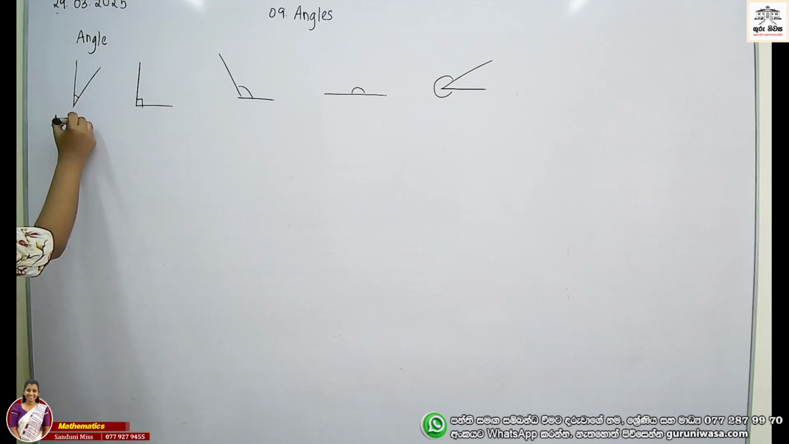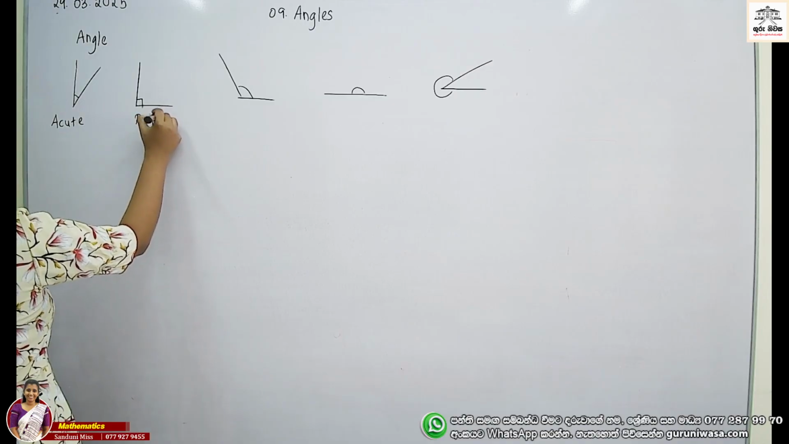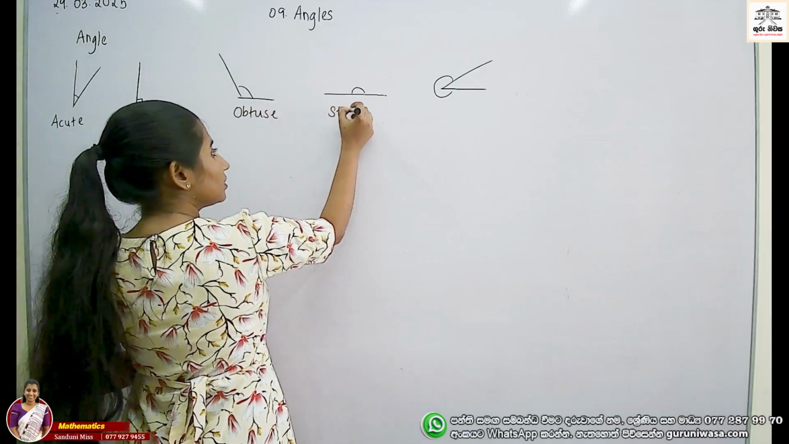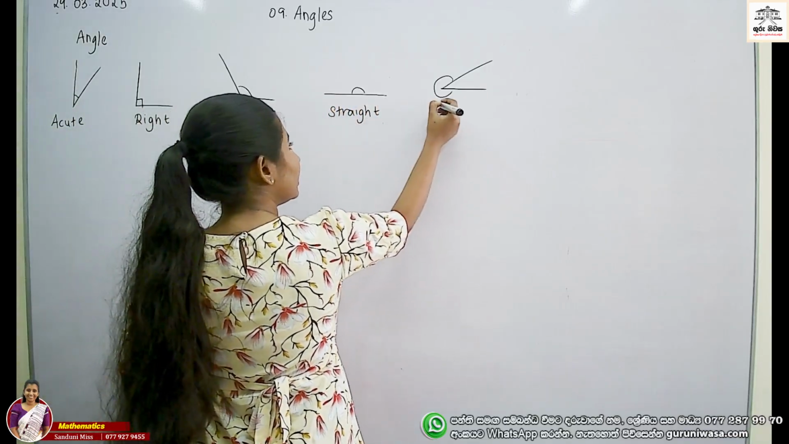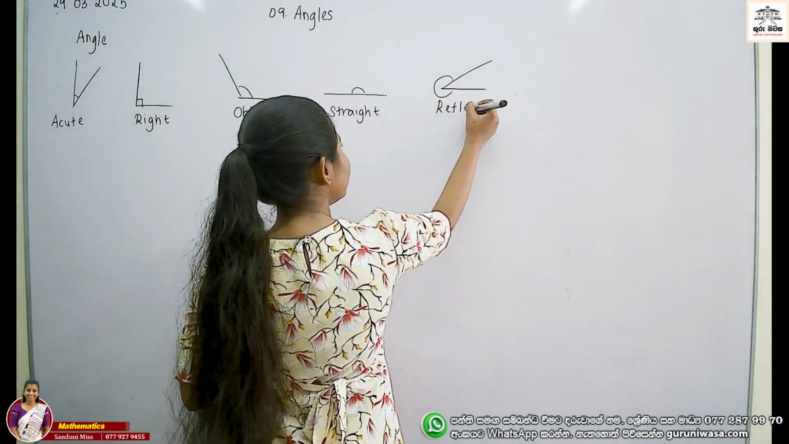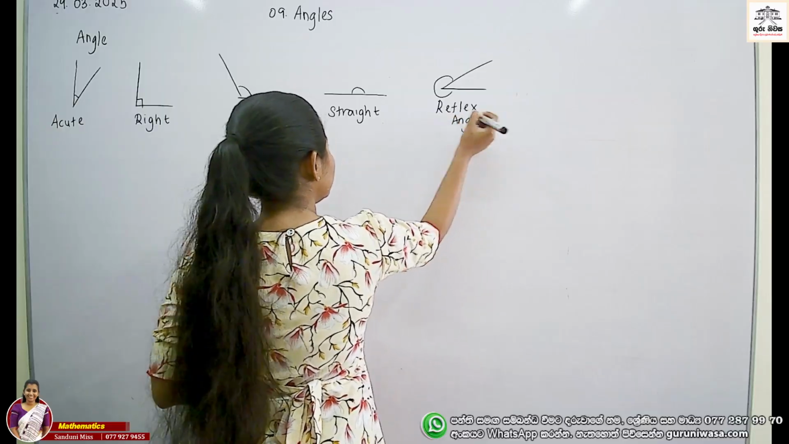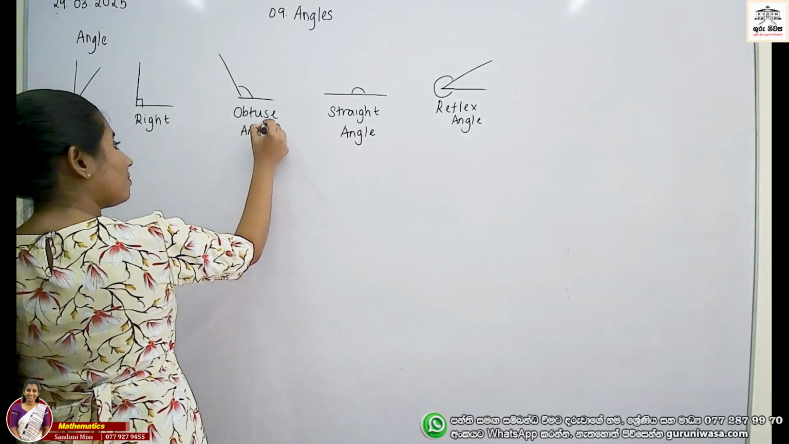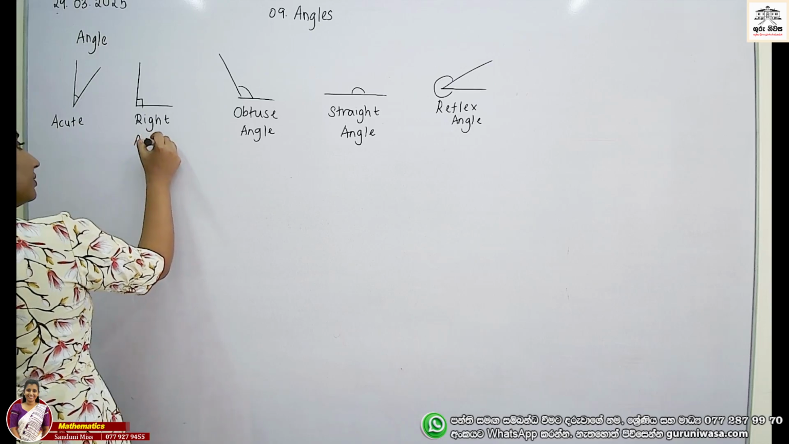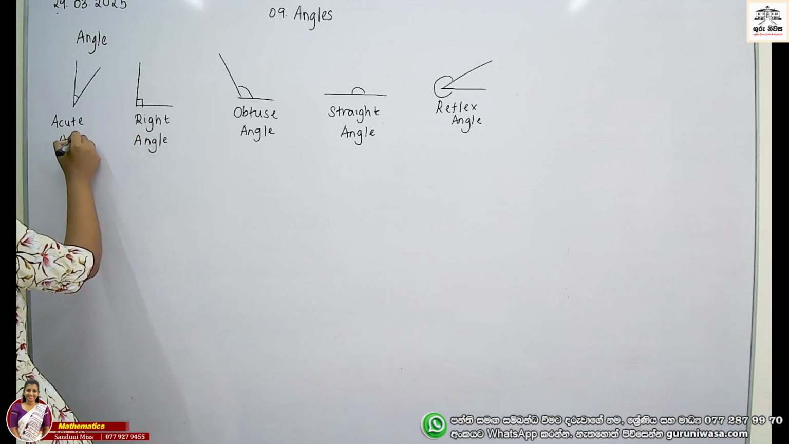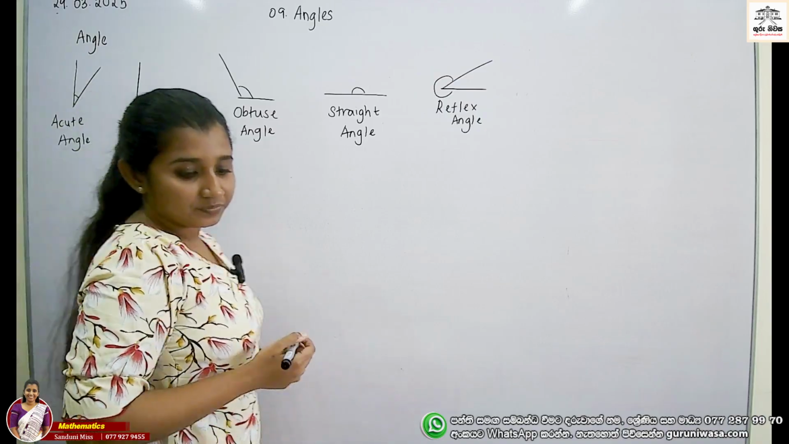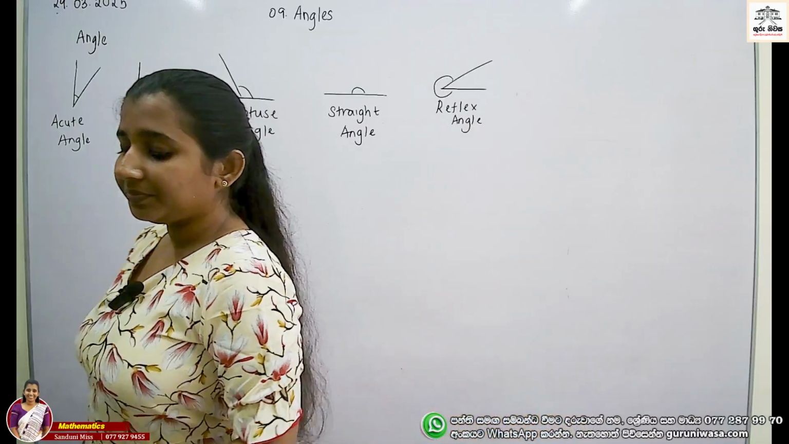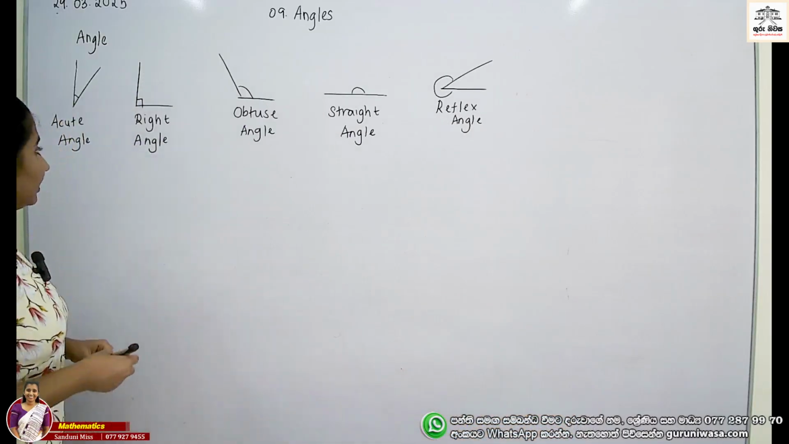Acute, right, obtuse, straight, and finally we have reflex angle. We note it down. This we have done in Grade 6. Then today we are going to learn